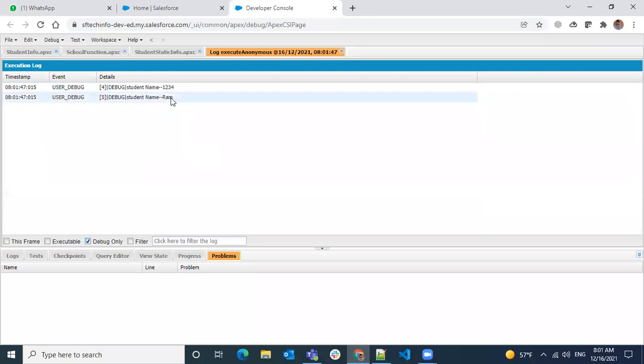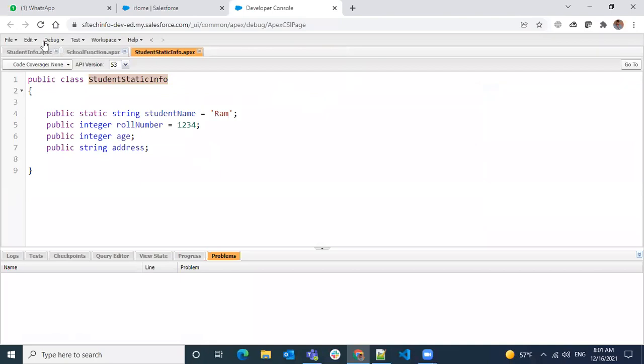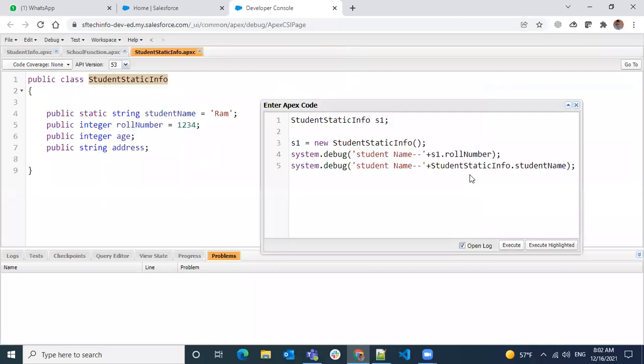Now they are printed. So even accessing it from an object is completely wrong syntax itself. It will not be accessed from an object. Those belong only to the class, they are initialized once, they can be used within the class, and they can be referred to using the class name only. It's not only variables, there can be methods